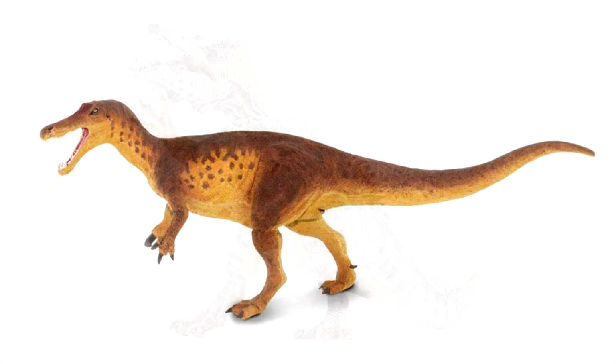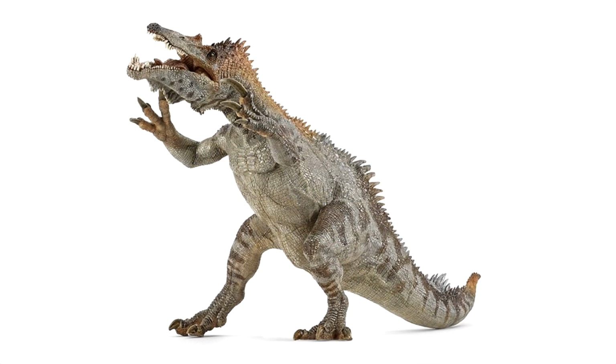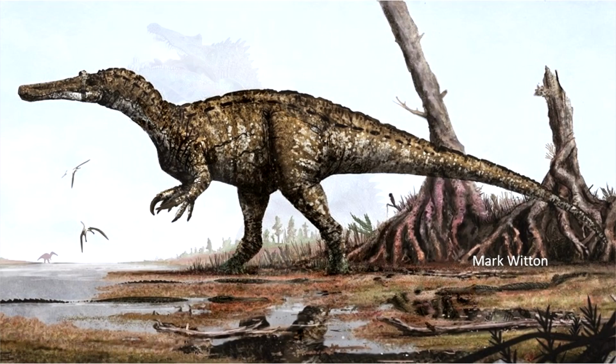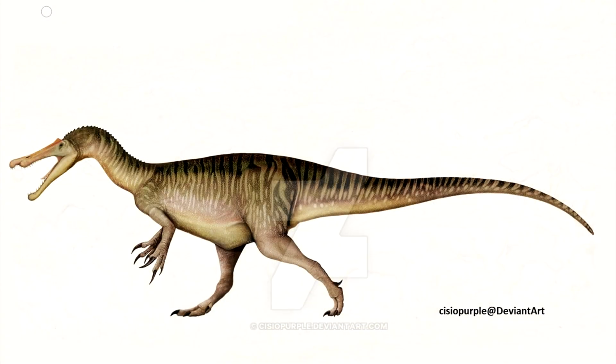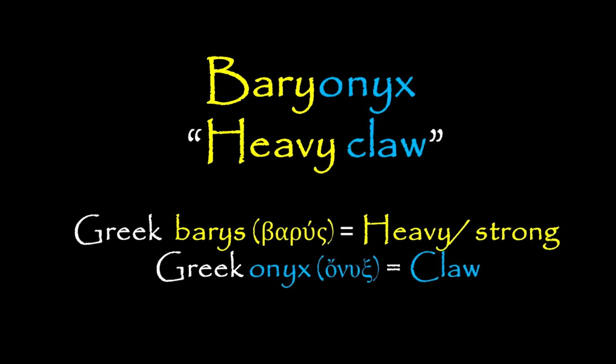And as for some monstrosities, the less said, the better. Still, I've yet to find one with the same kind of detail and paint application that you get from PNSO and Haolonggood until now. The genus name Baryonyx means heavy claw and comes from ancient Greek, baris, which means heavy,